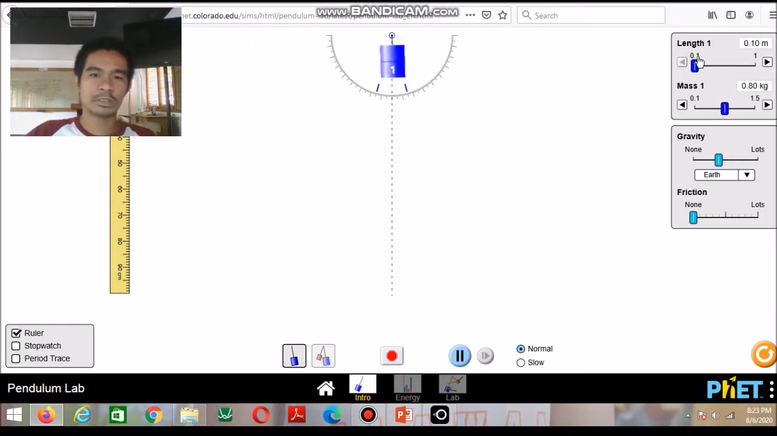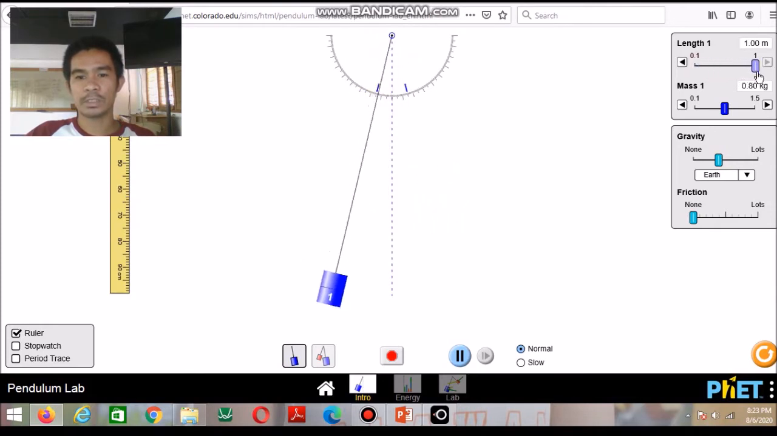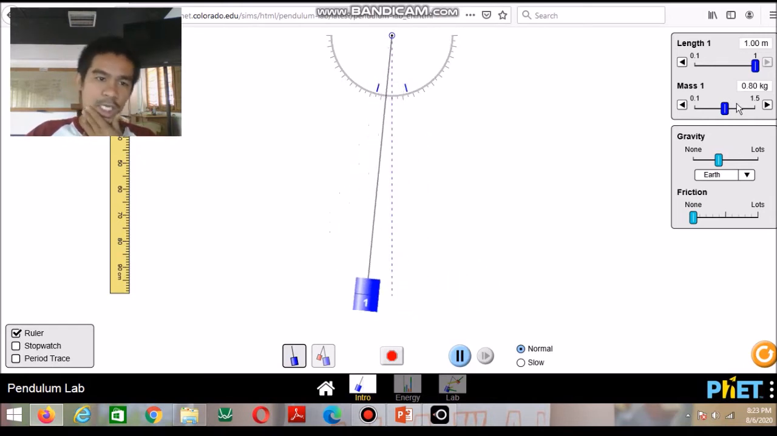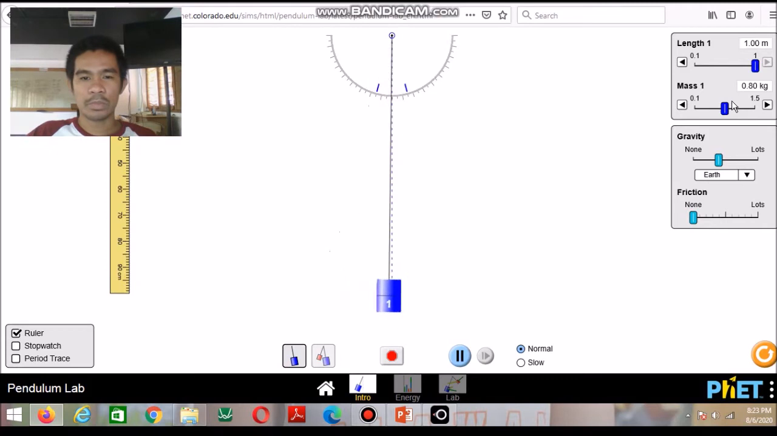So the faster it oscillates, the smaller the period. Now if I increase the length of the simple pendulum, the speed of oscillation is slow. If the speed of oscillation is low, it means the period is big, or it takes more time to move from the positive amplitude to the negative amplitude, then go back to the